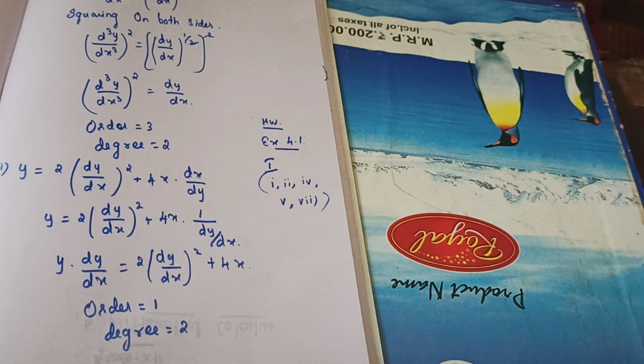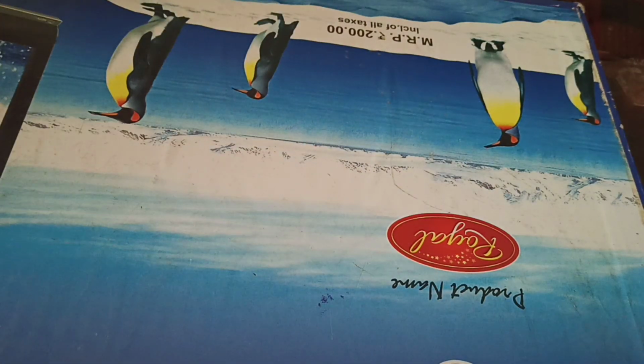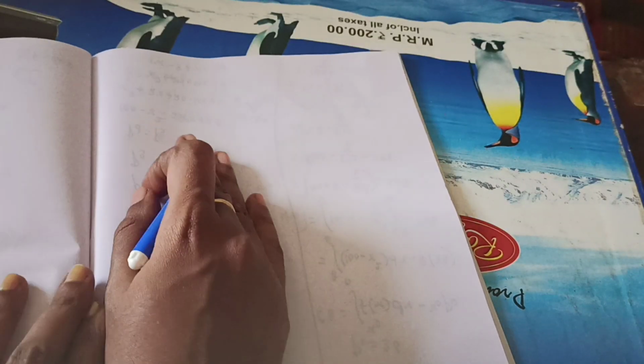There are 2 Romans I left. So that one I will do it now. Understand, students? So in the first Roman, subparts 1 to 7 are there. Except third and sixth one, you need to do all the 5. I will do the third and sixth one now. Understand? Okay. Very well. Listen here.